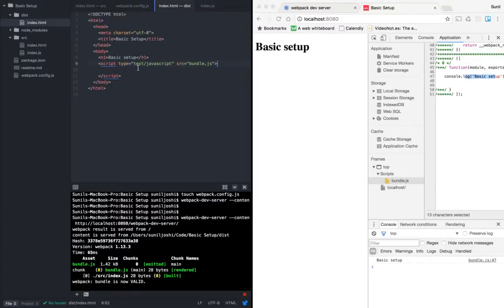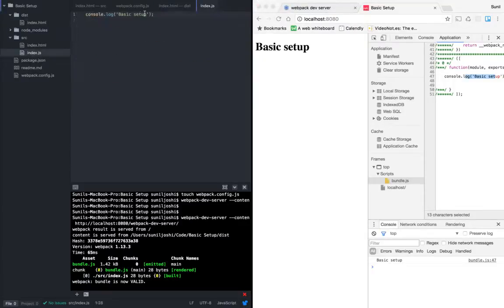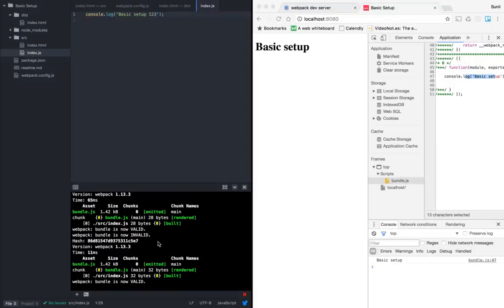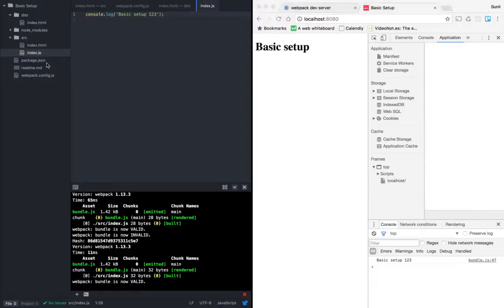The reason being that the webpack dev server builds the bundle.js in memory and keeps it in memory. It doesn't save it in the file system, so that there will be less overhead and fewer IO operations, and it will reflect immediately the moment you change anything out here. So if you say 123 and I save this file, immediately the bundle compiles. To have this operation really fast, it keeps it in memory so that you'll see the output right away. So that is the reason you don't see that file getting saved in our dist folder, as it keeps it in memory.